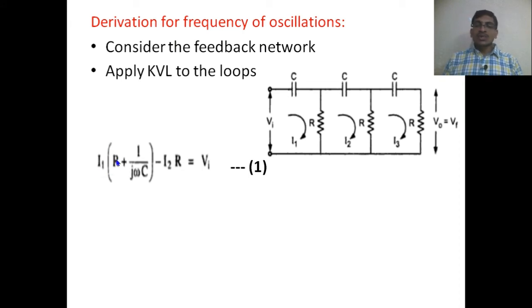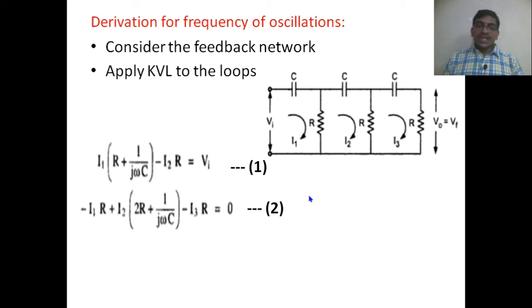Therefore, I1 into R plus 1 by j omega C minus I2 R is equal to Vi. And in the second loop, it does not have any voltage source. That's why it is equal to 0. So here minus I1 R plus I2 into 2R plus 1 by j omega C minus I3 R is equal to 0,